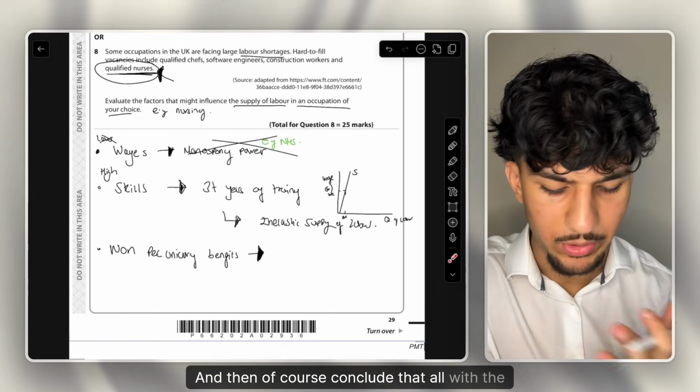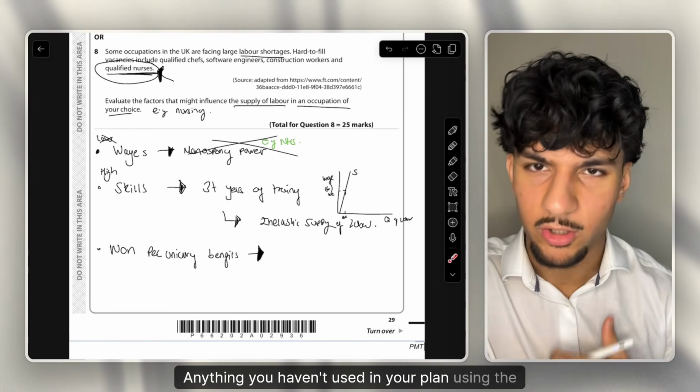And then of course conclude that all with the final judgment. Anything you haven't used in your plan, use it in the final judgment. But yeah,